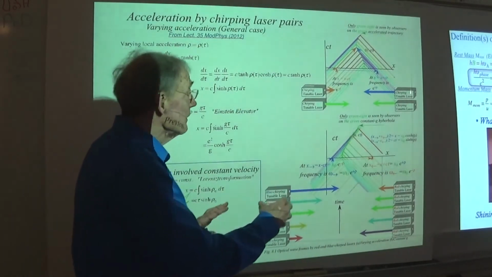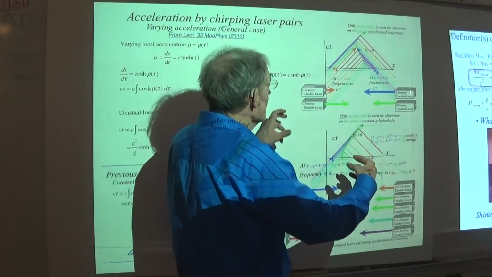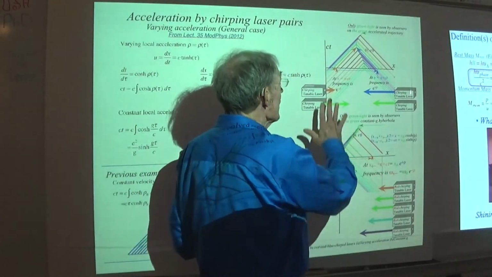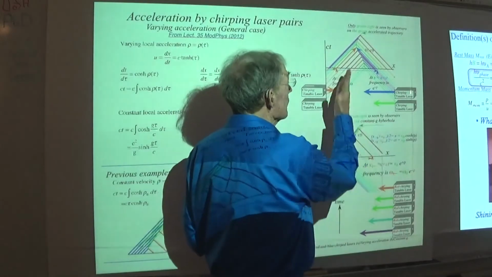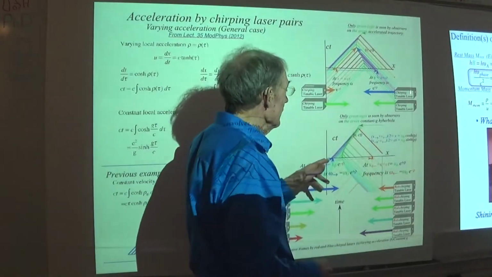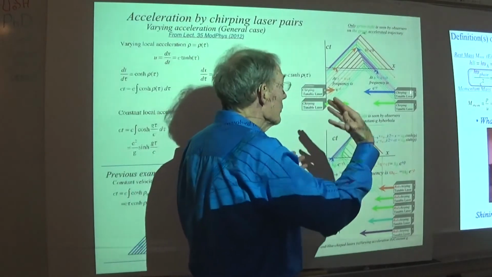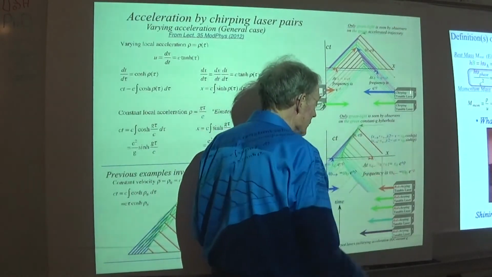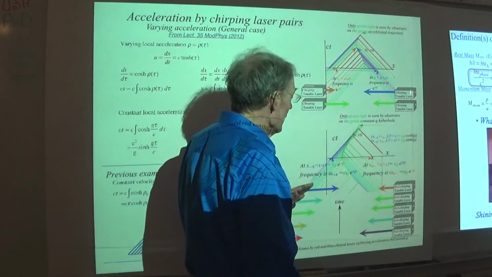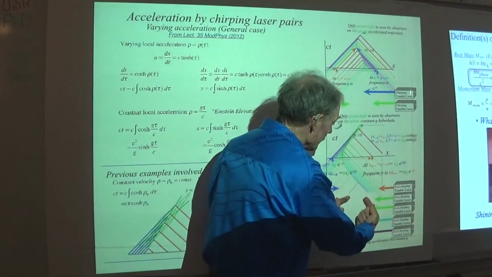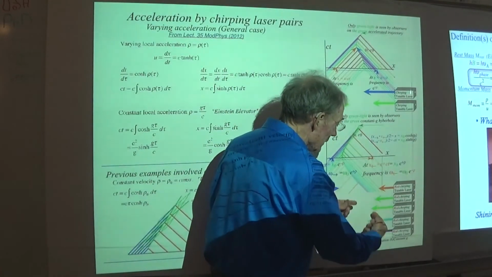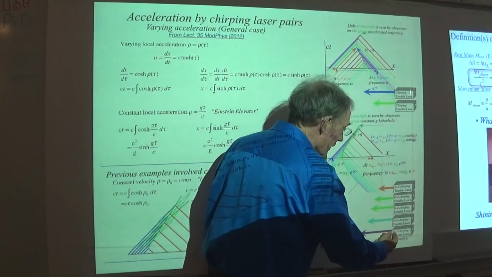But what if I'm turning the frequency up and down as time goes on? I get a wiggly line, but here is a case where I raise the frequency linearly and drop the other frequency also linearly. So I start off with the two infrared beams and coming out down here,